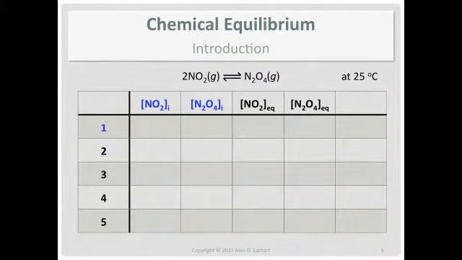So let's look at some data. What we have in those first two columns are initial concentrations of the two chemical species, and then the other two columns are what the concentrations are at equilibrium. And we're going to do a bunch of different possibilities, in fact 5 different cases. And I've got a column there on the right, and I'm not going to say what that's for yet. So we'll take our container and fill it completely with nitrogen dioxide and then cap it. And we wait long enough for it to come to equilibrium.